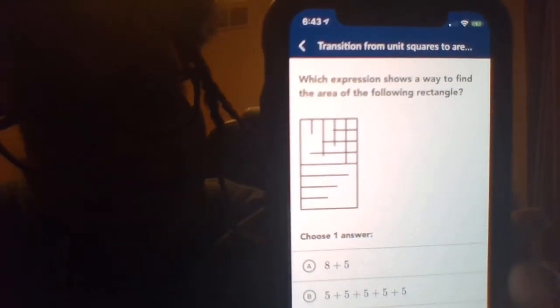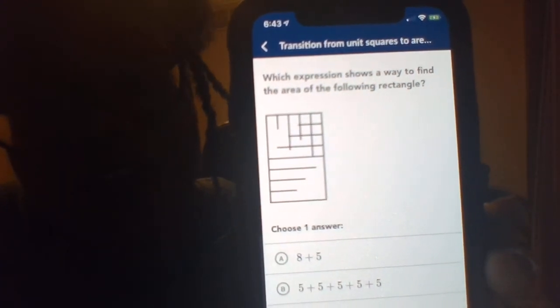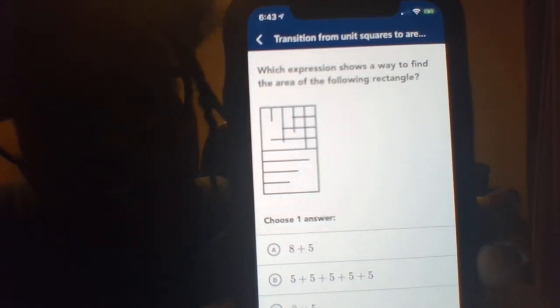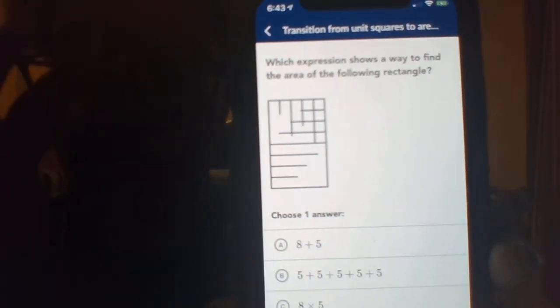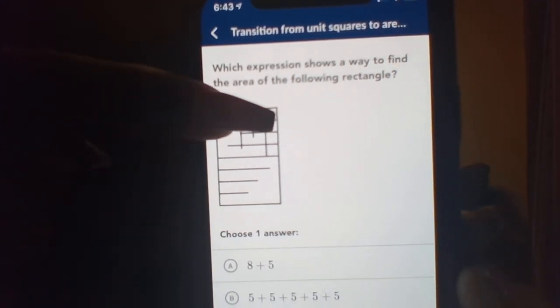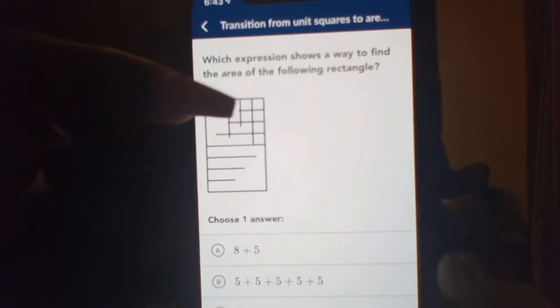Now we all know that Khan Academy can get slightly disrespectful sometimes. They don't even give you all the squares on this one because they want you to get used to using the expression. We can still figure it out though because we are smart individuals. So we see that in this first row that they didn't finish, there should be 1, 2, 3, 4, 5